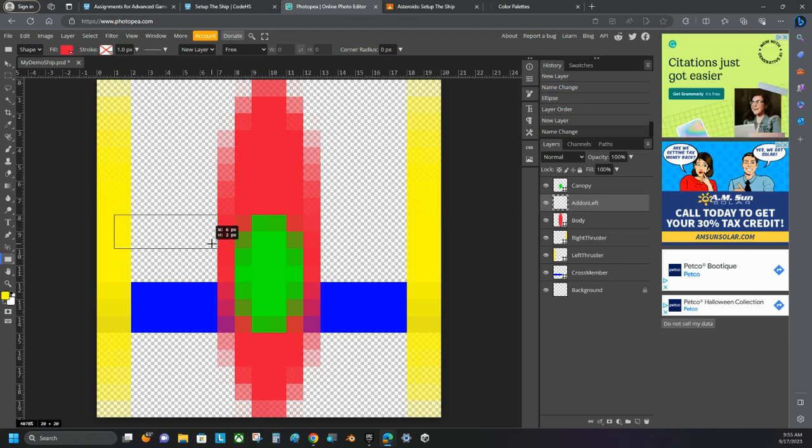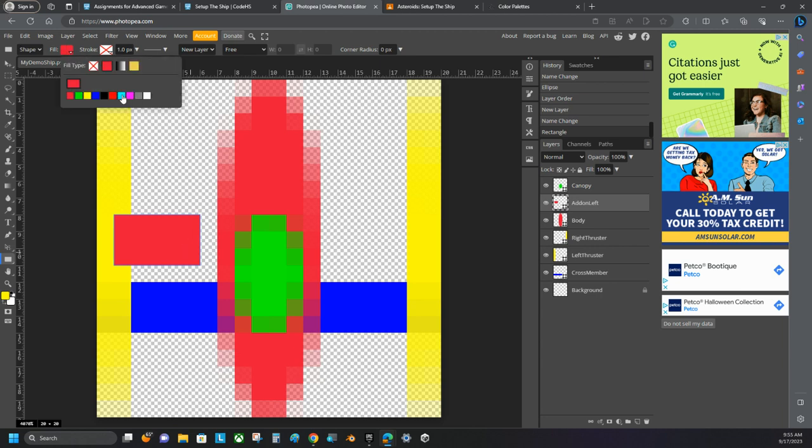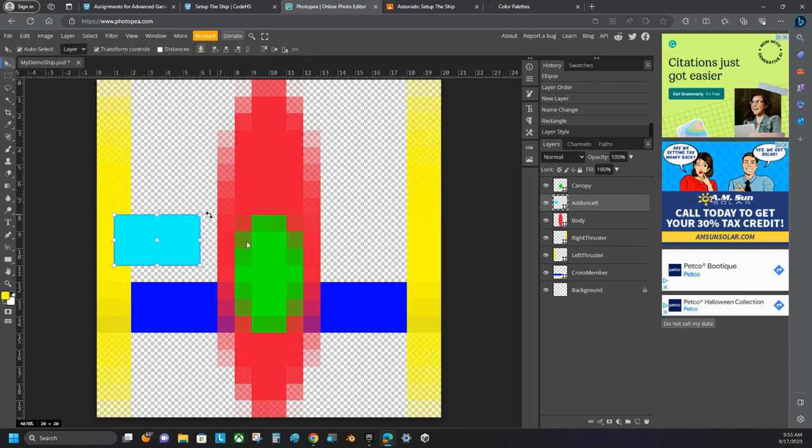Let's see. Make it kind of like, yeah, not that big. And let's see the color that I want. A light blue. All right. Now I'm going to click on the Move tool, and that gives me the Transform tool here. And I'm going to take this object and rotate it, I think, like negative 30 degrees. And now that I've rotated it negative 30 degrees, I'm going to put it like